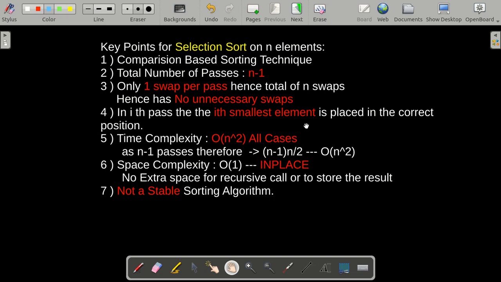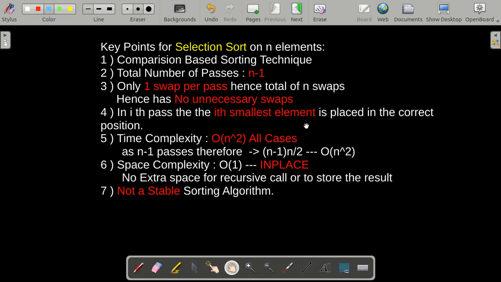Third, unlike bubble sort, there is only one swap per pass. So in selection sort, there are no unnecessary swaps. Fourth is that in the ith pass, we make sure that the ith smallest element is placed in the correct position.